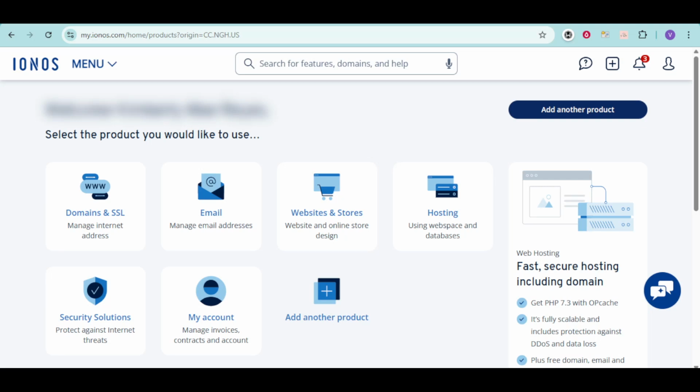In this video, I'll guide you through how to connect your Ionos domain to Readymag. By the end, your domain will be properly pointed to Readymag so visitors can access your project using your own custom web address. First, make sure you're signed in to your Ionos account because everything we'll do happens inside the